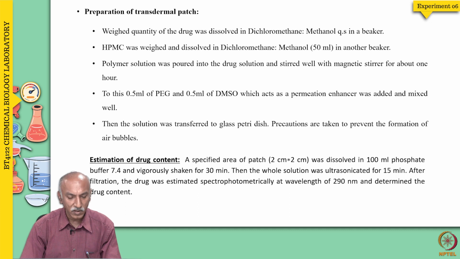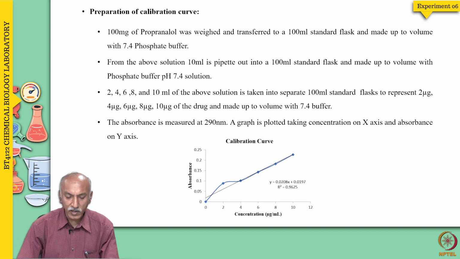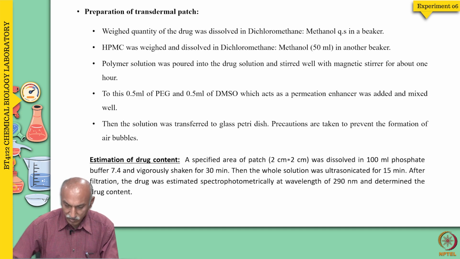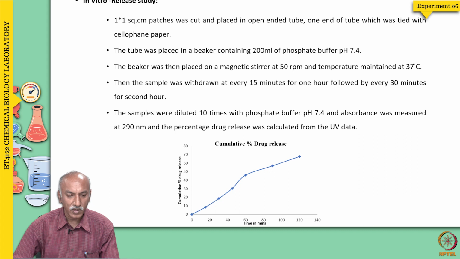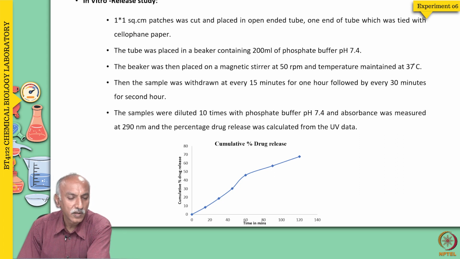After filtration, the drug was estimated spectrophotometrically at a wavelength of 290 nanometers to determine the drug content. Since you have already taken the standard values, from the absorbance you found from the extraction from the patch, you will come to know the concentration of the release of the solution. So, you can take